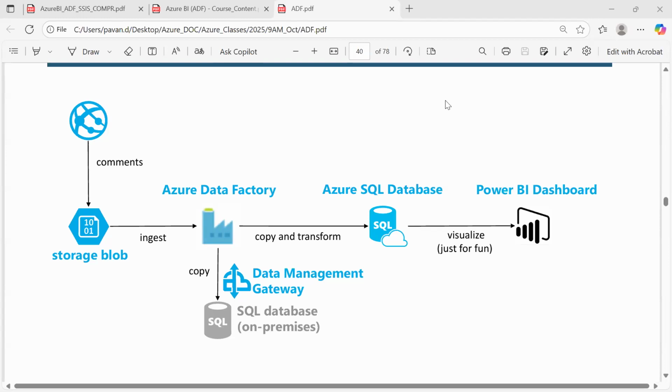We need to create an outbound structure based on the input data you are getting. In that, you are placing the data, meaning you are storing the data in that SQL database. On the database, you are again doing visualization, creating a dashboard for reporting purposes.